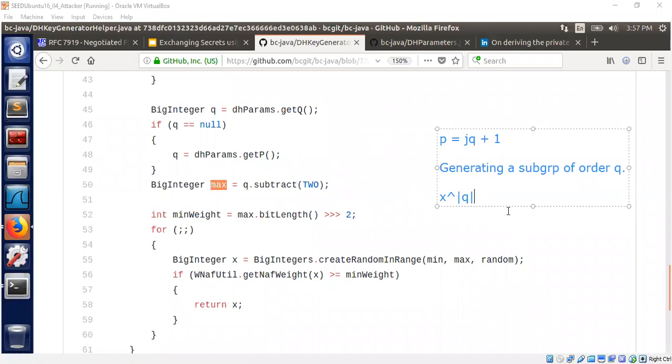If you just subtract by 1, the value will be 1 because q can be p when q is null. That's the reason why they would do q dot subtract 2. Anyway, that's a further detail. But at this point, it's clear that